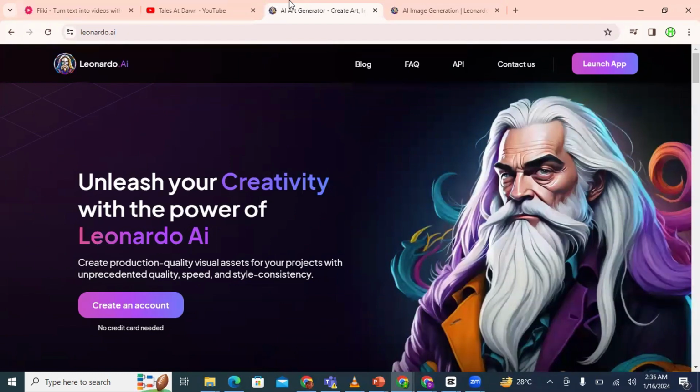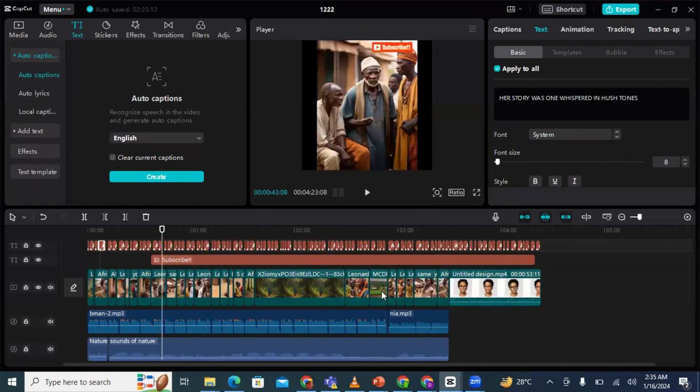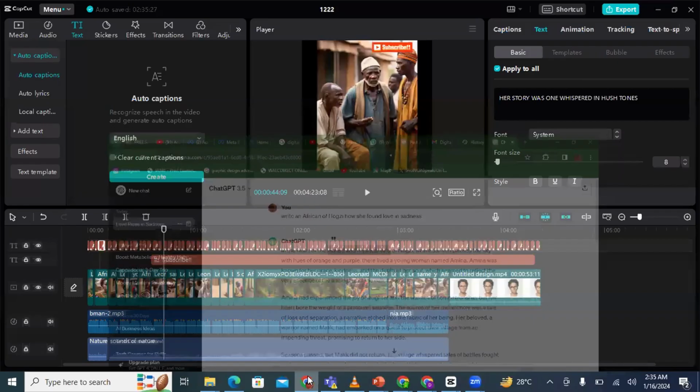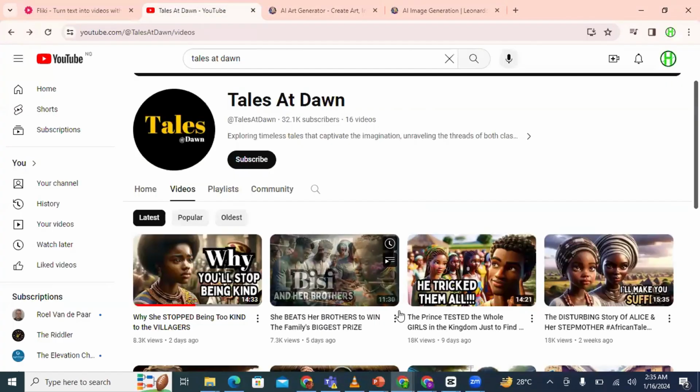So we use Leonardo.ai to create the images, and then we now use the final one, which is CapCut, right? We use CapCut to edit the images and audio together to become a video, right? And then we exported it, and then we used Canva to create a thumbnail, right? We use Canva to create a thumbnail, and then we uploaded the videos to YouTube, and it's giving a lot of